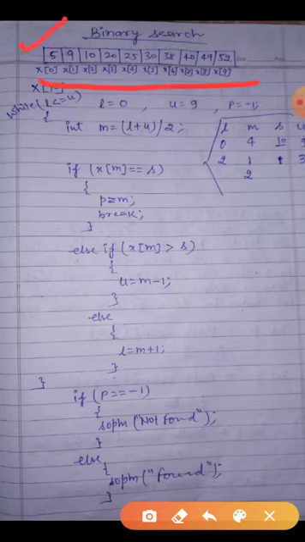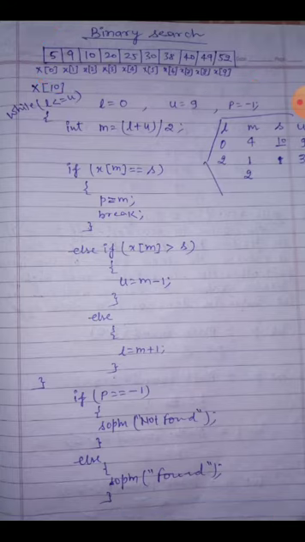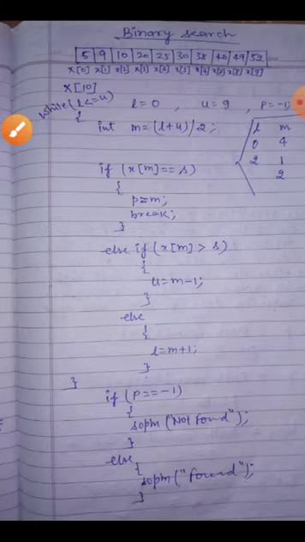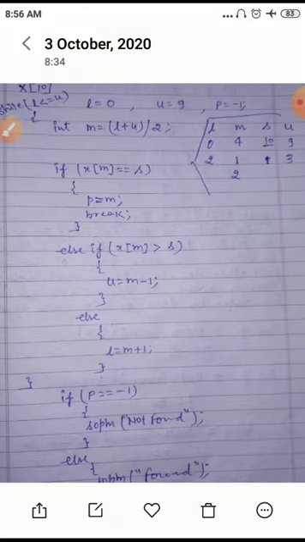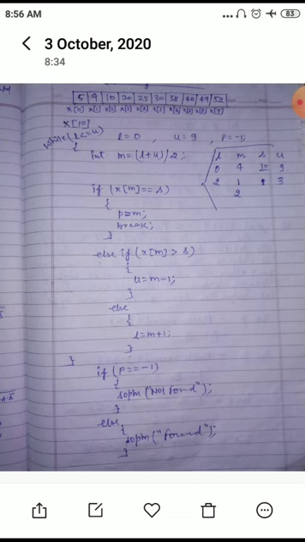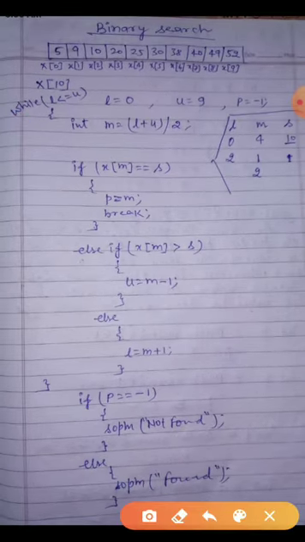Okay. I have taken the numbers in order, means what? In which order have I taken? In ascending order. It's compulsory, otherwise it will fail. So please my dear, pay attention, you will take the numbers in order only. Okay. So now, what numbers have I taken here? You can see here 5, 9, 10, in ascending order I have taken. So you can see here, what is the first index? 0, last index 9. Okay.